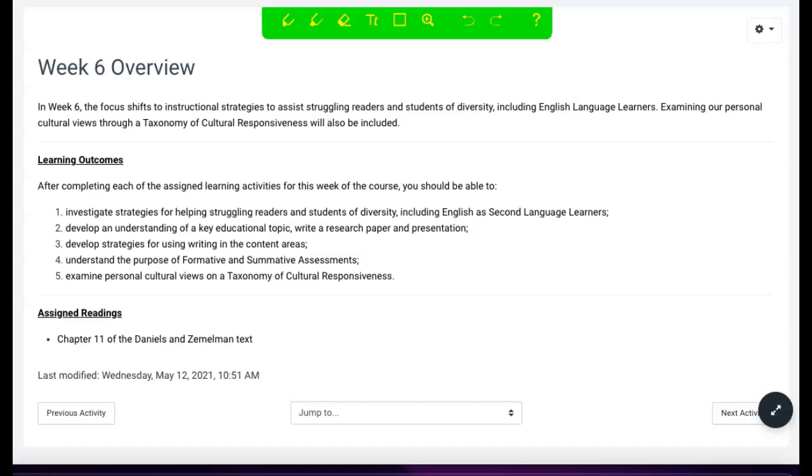We've talked at length about appropriate teaching strategies for pre-reading, during reading, and post-reading, the role of textbooks in vocabulary instruction. I hope that you have had an opportunity to take a look at the work of Dorothy Freyer, Isabel Beck, and Robert Marzano. Well, this week, our focus shifts to instructional strategies to assist struggling readers and students of diversity,